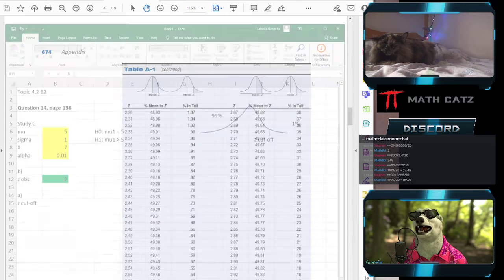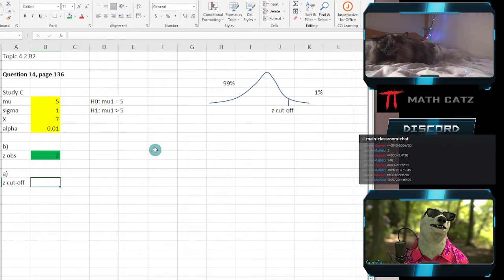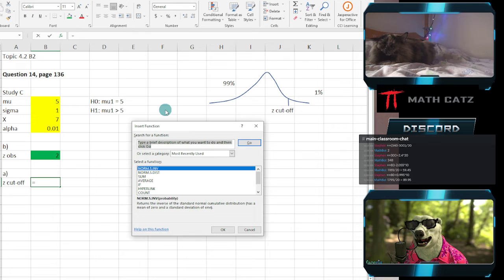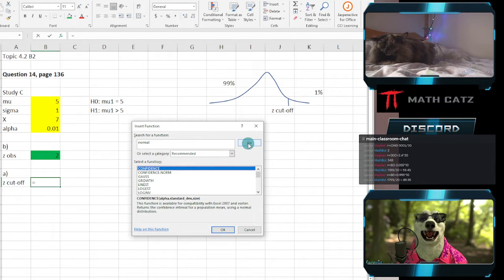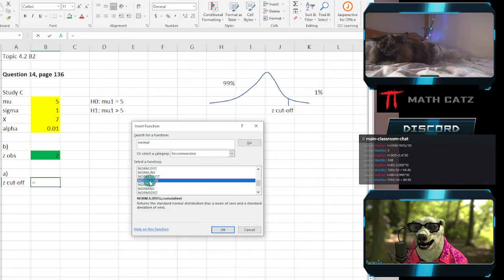Luckily with the spreadsheet, we have the table built in as a formula, and it is precise. We just have to find it. So let's go and find it. So this is a normal distribution. I'll search for the word normal in case I don't have an idea what the formula name is. I scroll down a little bit and I look for the standard normal, the ones with S. There are others as well, but I'm using the standard normal ones to closely represent what we did by hand